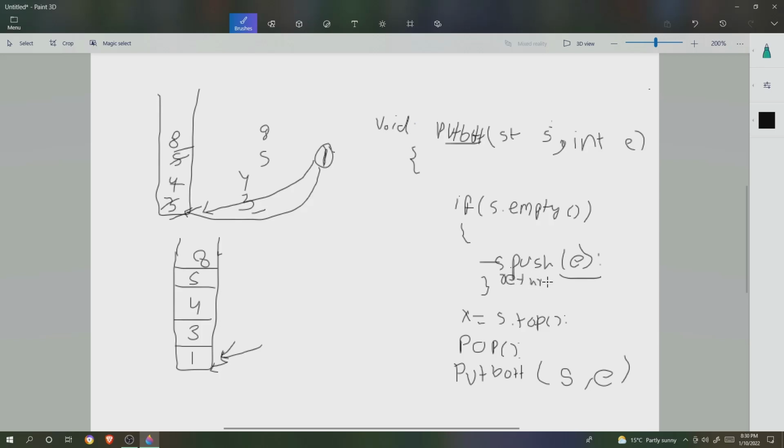And now when the function is returning, while returning it will pop out those elements, and these elements we will push back into the stack. So s dot push.